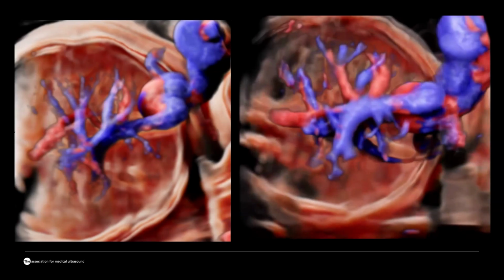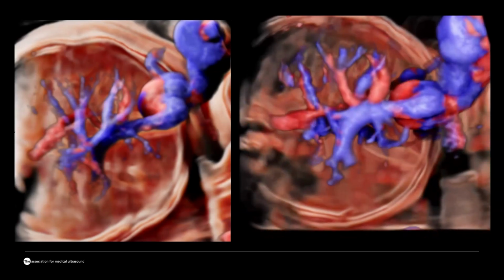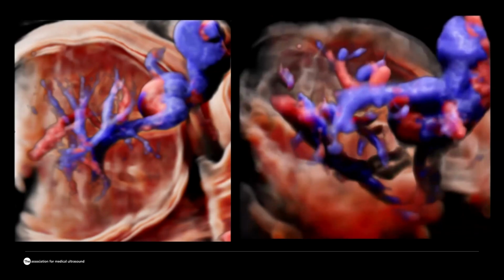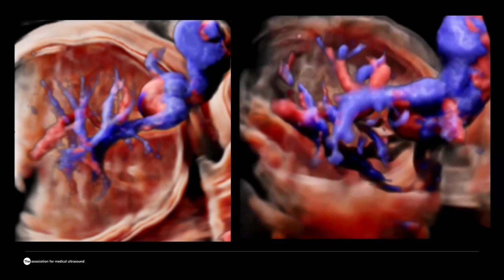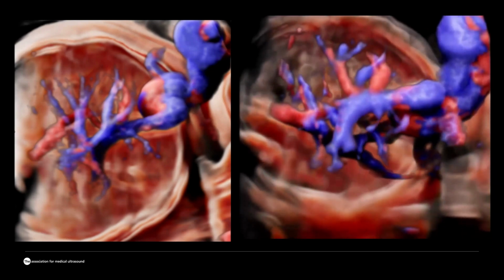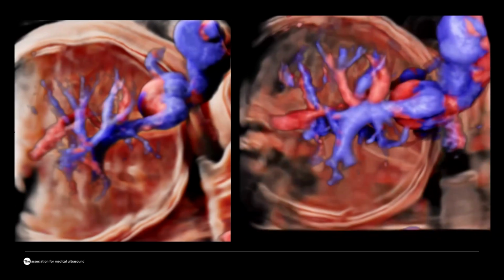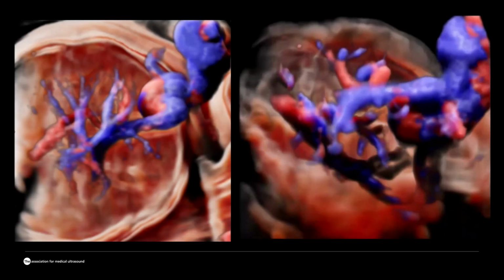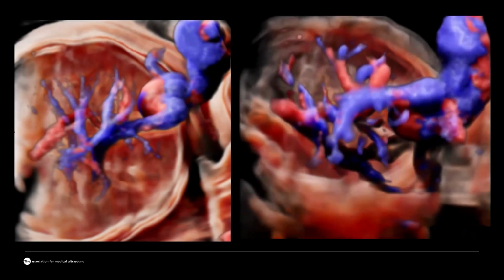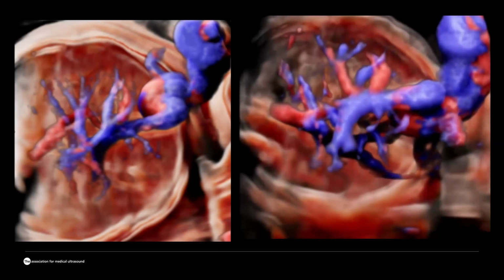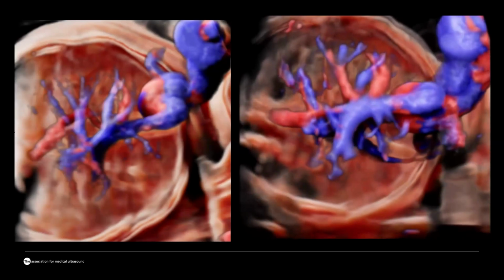And I think that this clearly demonstrates that 3D is not just a pretty picture. It really makes a difference in how you talk to the patient, how you precisely diagnose the conditions, and how you use that for counseling. And at the end of the day, this is what makes a huge difference in clinical care.